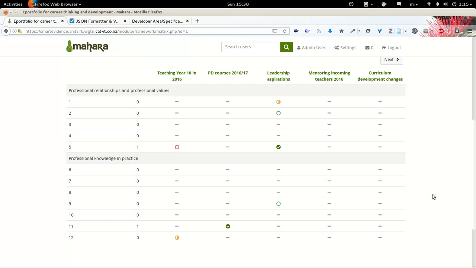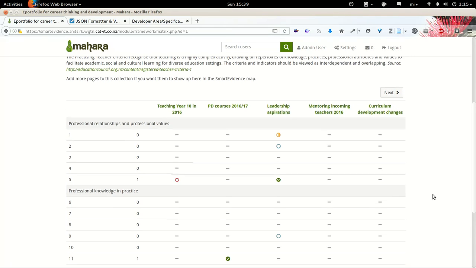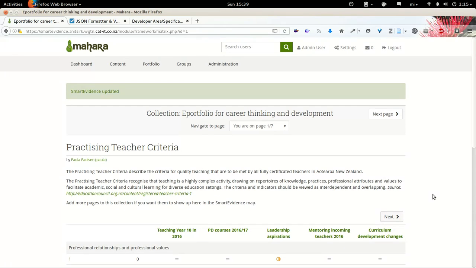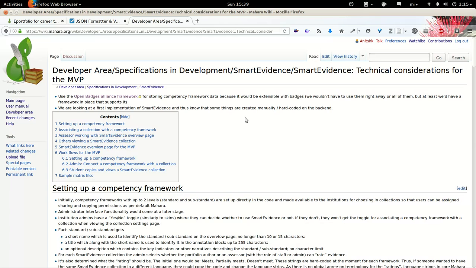And that is essentially how you work with an evidence map. Now, in order to actually set up such a map, you cannot currently do that on the administrator interface. What you would need to do is use one of our sample files, which you can download from the wiki, from the specifications document, and I'll put the link to that wiki page into the description,